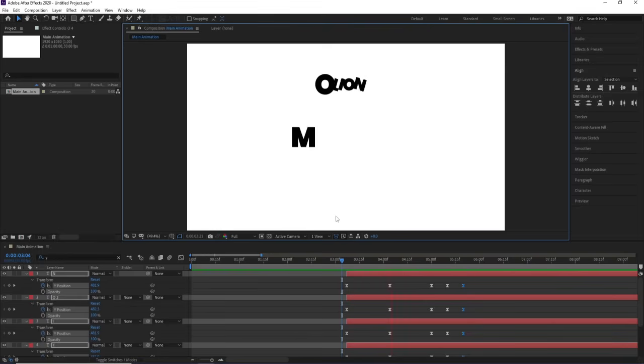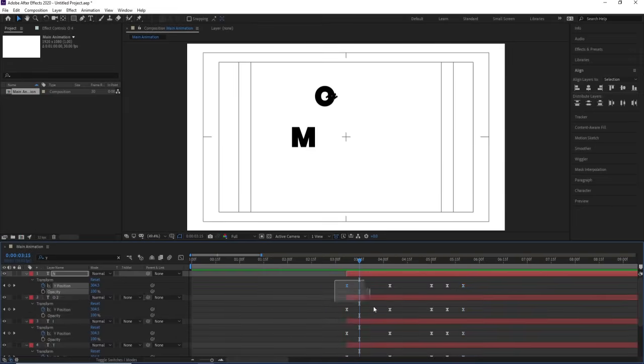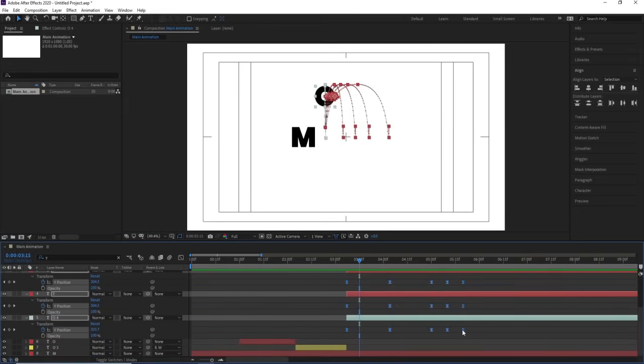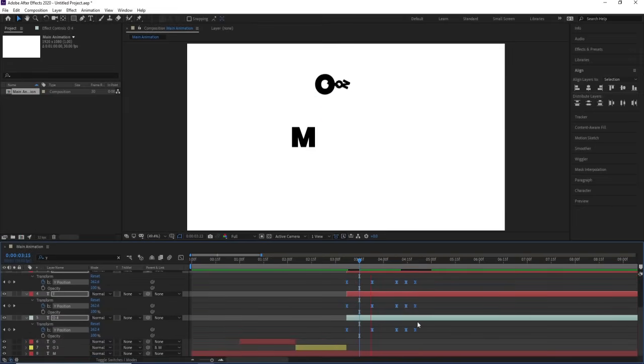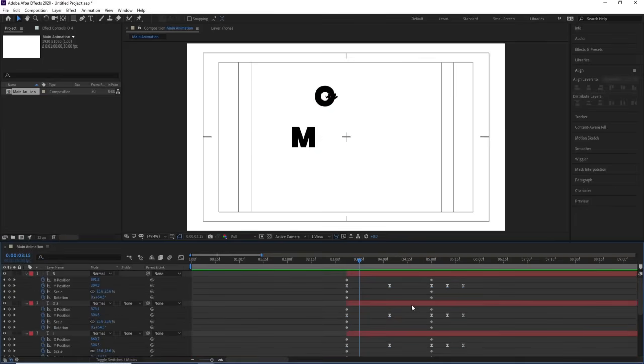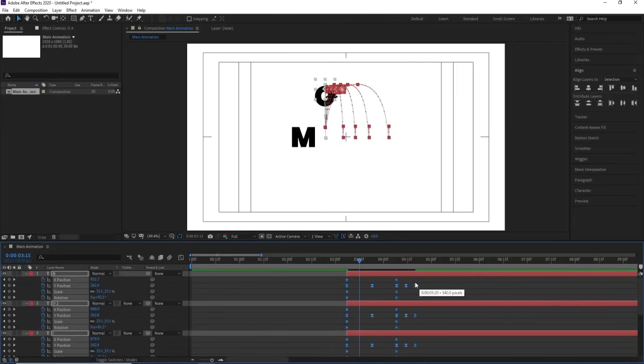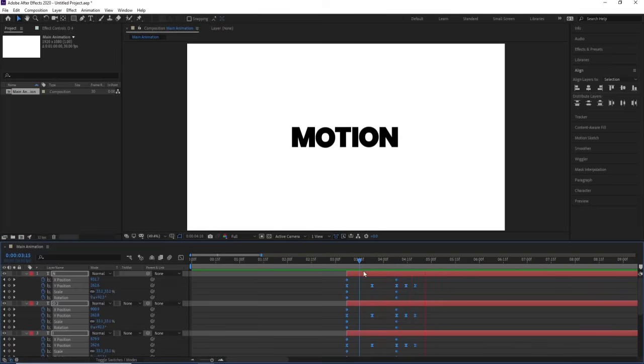So if you see, you will get this kind of stuff. And if you think that this is quite slow, then by holding Alt you can increase the duration process as well. For that, make sure to hit U and you need to select all of these keyframes, and then by holding Alt you can do this stuff